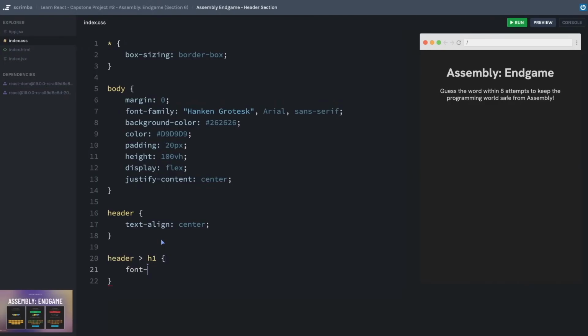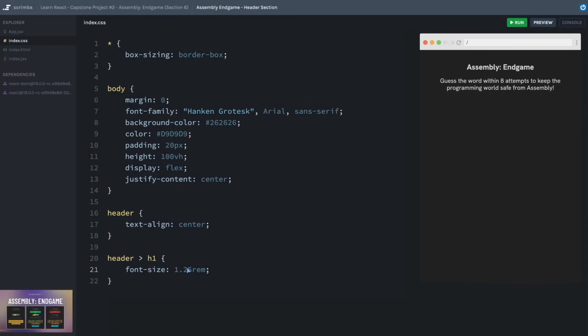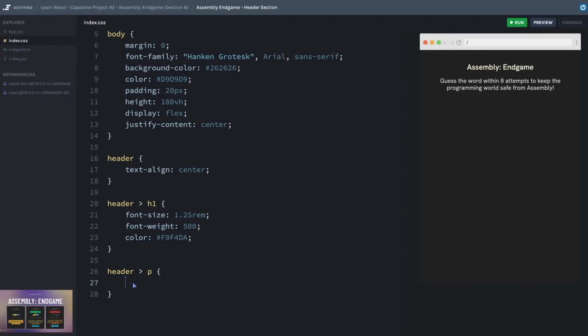And we will bump the font size down a little bit because the default styling is a little bit large. Let's go ahead and say 1.25 rems. The design also shows that it has a little bit less of a bold font weight, so we'll set that to 500. And yeah, it makes a tiny difference. And then we have to look a little bit closely, but in the design we can see that the color is slightly different from anything else. It's kind of a yellowish color. At least that's kind of how it looks on this background. Okay, let's go ahead and select the paragraph now,